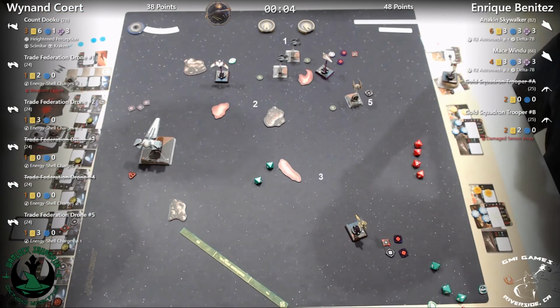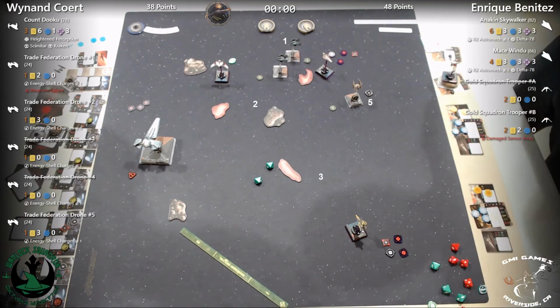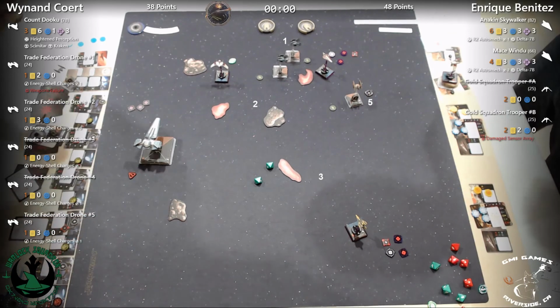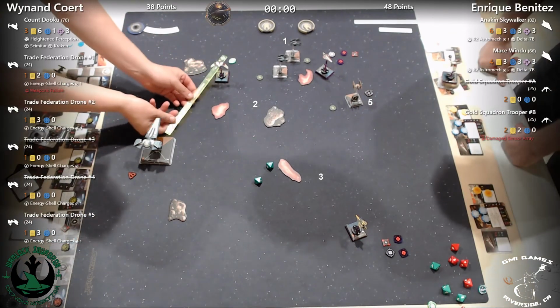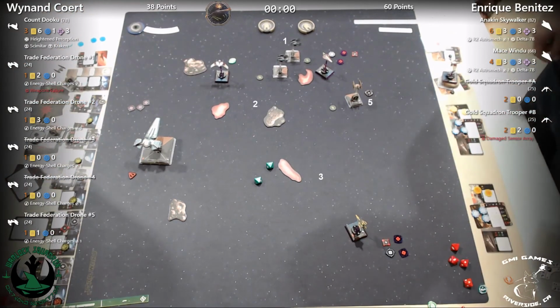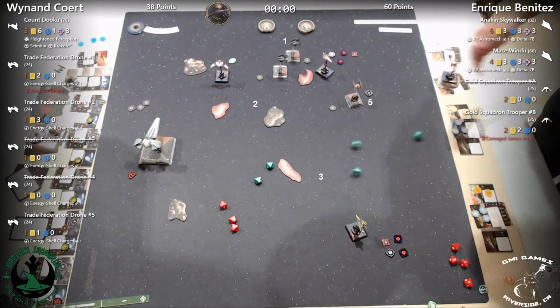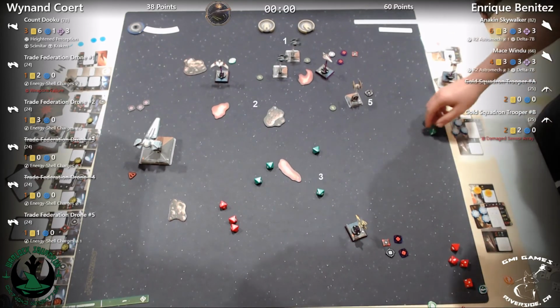you couldn't get 2 evades? Did you get 2 evades? Nope, that looked like 3 damage, like hitting a crit of some sort. So that's number 5. Oh, okay. So, if Dooku kills the Torrent, Wynand wins. No, he doesn't. It's the other guy got 60 points. Enrique got 60. So